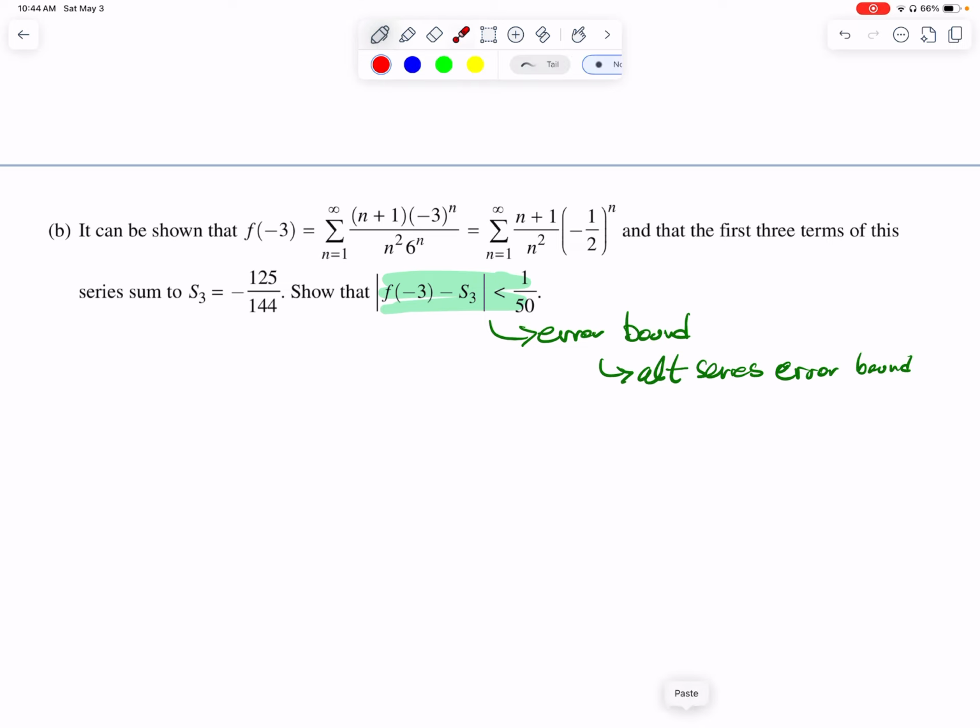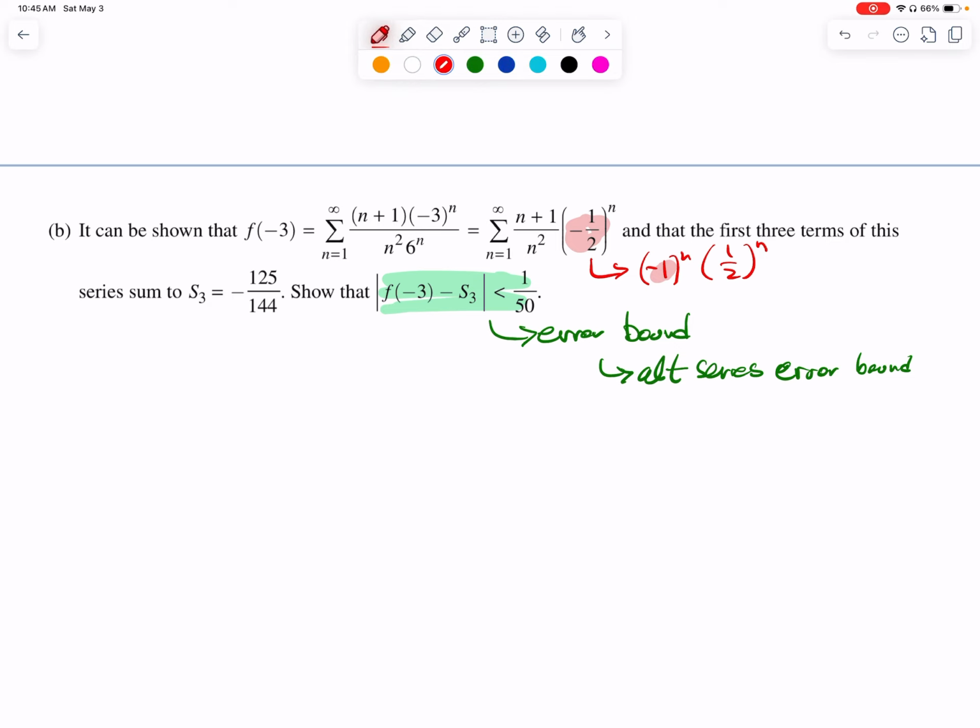Because we have an alternator in here. This is an alternator in disguise. This is essentially the same thing as, I'm going to highlight this guy, negative 1 to the n times 1/2 to the n. So we do have this little alternator in here. Okay, so in order to use the alternating series bound, we do need to make a connection